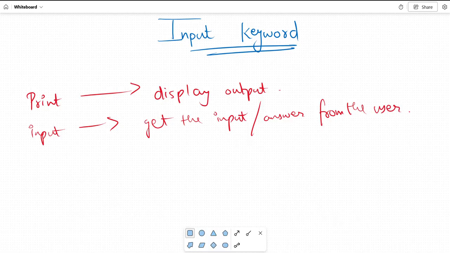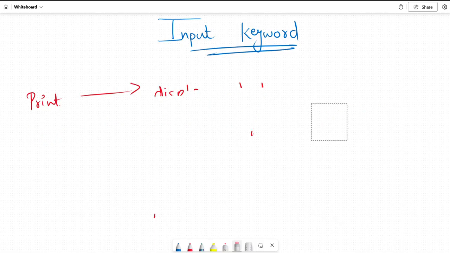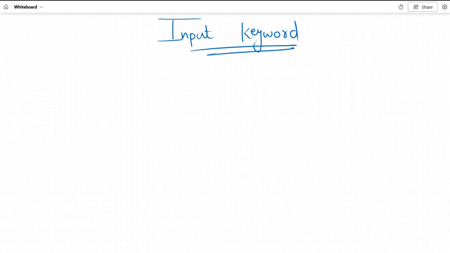Cool. Now coming to what we are going to actually discuss now. We are going to have the discussion about your input command. Now, how will this input command work? Just like we use the print command, in such a way only we will be using your input.